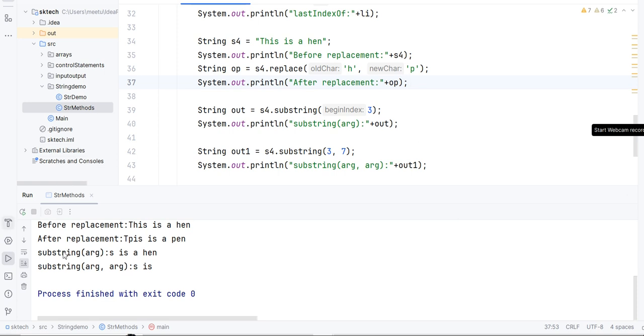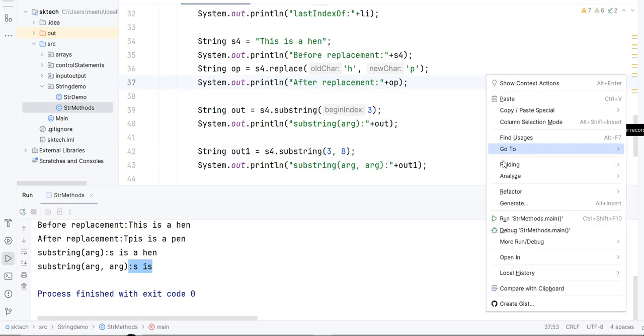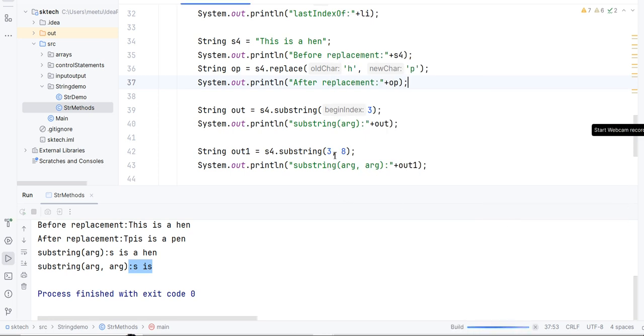Yeah, so if you can see, there is no space here. If you select this one, you can see it. So if you want to demonstrate again, let's provide the 8th position and run this program. So basically it is going to print from the starting position included, but the last position it is going to exclude, -1. So basically 3 to 7 only it is going to print. So if you select this one, you can clearly see there is one space also, right? So basically it is printing 0, 1, 2, 3. So from here 4, 5th, 6th, 7th till here. So this is the one that is printing here.